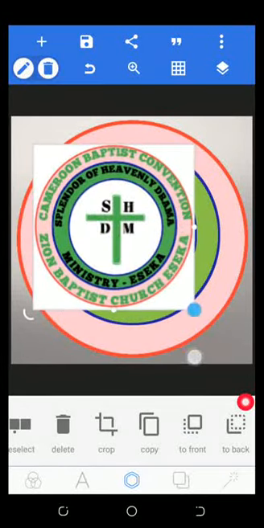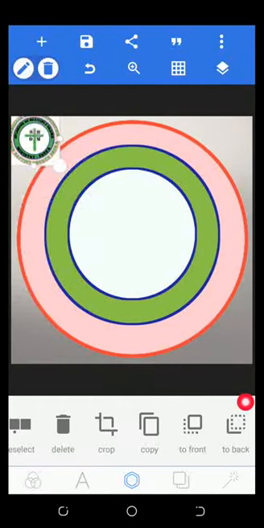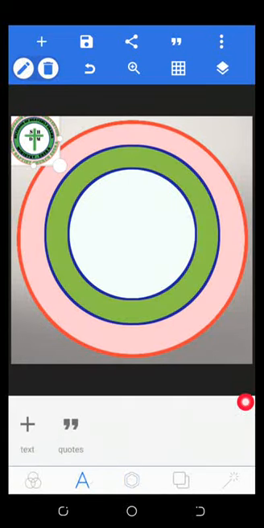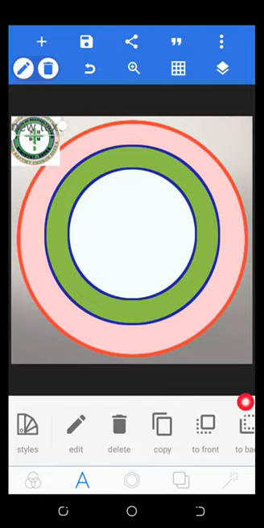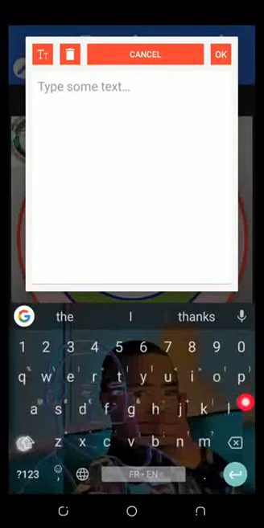Now this is the sample. Cameroon Baptist Convention. This is the text we are going to be working on now. And then Zion Baptist Church Ezeka. Now you can write your own of your choice. So I come now to my A here. I take text and then I take edit again. I delete this text and I put